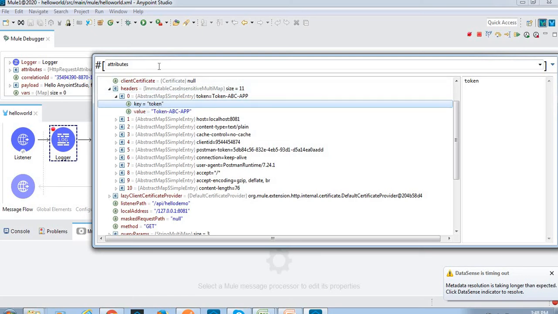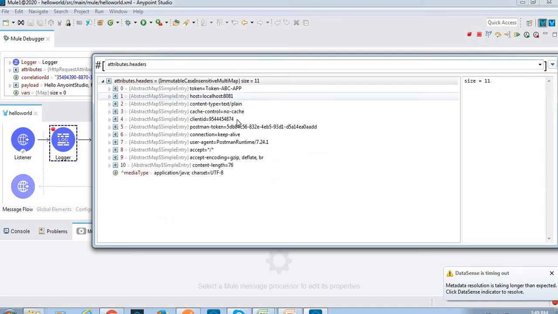See, token, attributes dot headers. If you want to access all the headers, if you want to fetch the details of headers, see, attributes dot headers we have to use, and headers dot my key name is token.